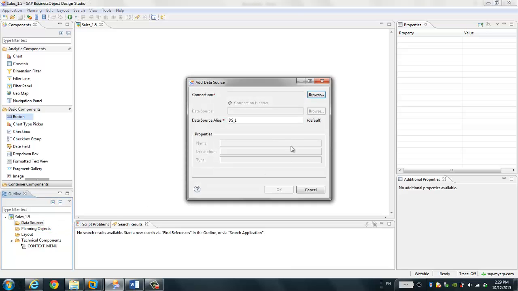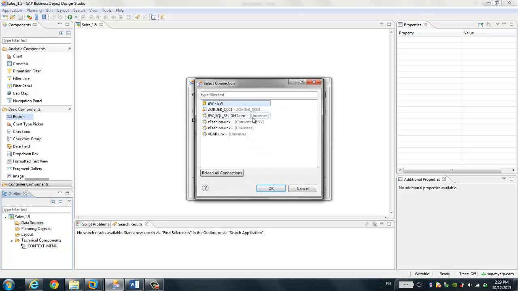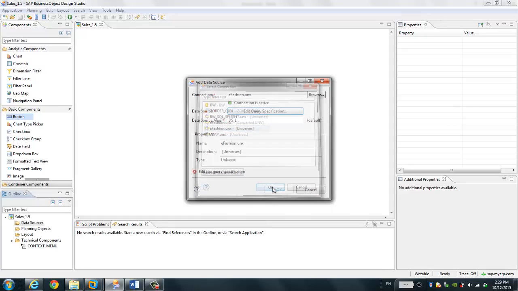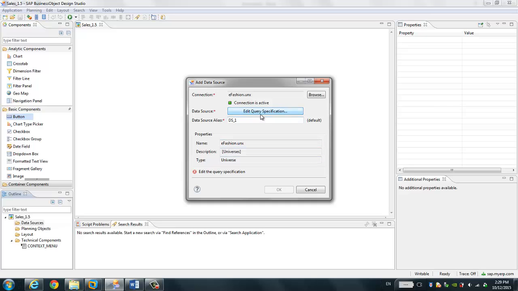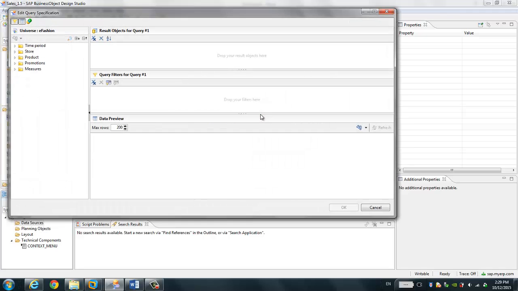Okay, I choose add data source and choose browse. And in our case, we're going to choose the efficient universe. This is the default universe delivered when you install SAP Business Objects. All right, so we click OK. And we need to edit the query specification to define what are the dimensions and measures we want to show